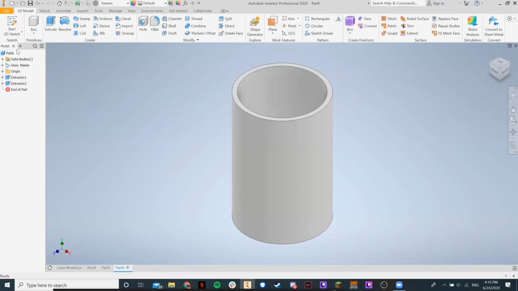Go on the left side, everyone have this bar right here, this pop-out bar. Go to origin and you see the plus sign right on the left of it. If you click the plus sign, you'd have a variety of planes right here. Everyone see the planes? If we hover over each one, you can see which plane it's pointing at, or which